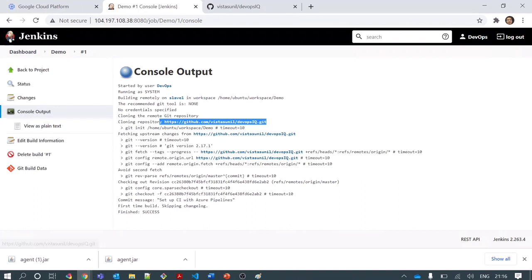On this slave node, it cloned the repository to this workspace, home Ubuntu workspace demo. It ran all the git commands. You see, it ran git init and initialized git in a repository here in this demo with the job name, right? Then it checked the version of git and fetched the code from this repository.